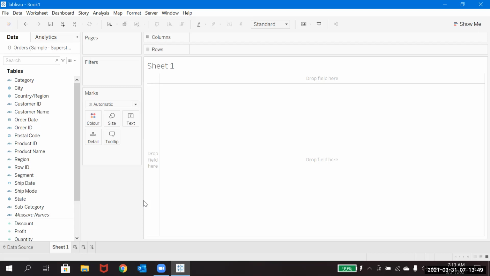One thing you can remember is that dimensions will always be in blue color. The moment you drag them into the view, you will observe them in blue, and the measures will be in green color. Discrete is applicable for the dimension, because it will be fixed for everything. It won't show a continuous value, whereas measures are continuous, because they are measurable values. Say there is a column id with values 1 2 3 4 5 6, so it is a continuous picture.